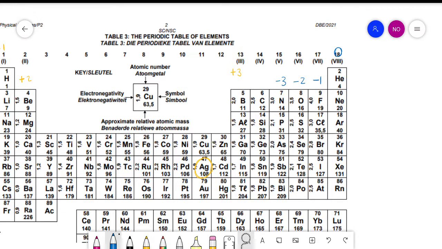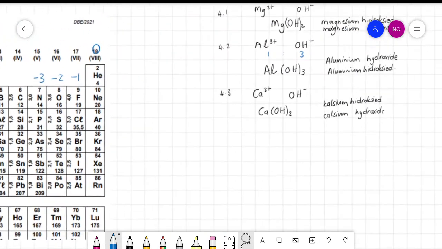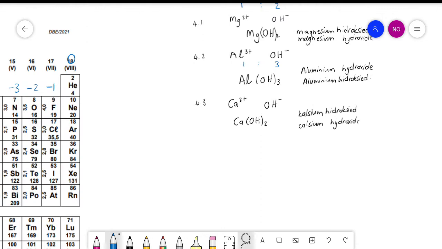Hoe bedoel jy gebalanseerd? Ja? Sy ladings is gebalanseerd. Maar onthou, as jy praat van balansering van 'n vergelyking, is dit iets anders. Van 'n chemiese vergelyking. So ons sê eintlik nie, ons balanseer hom nie, ons kry sy netto lading 0. Okay. Goed. Dan by 4.4